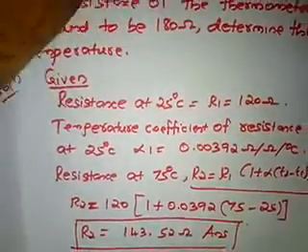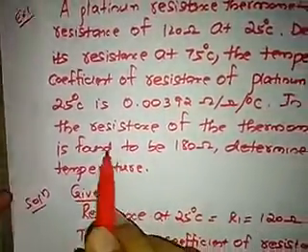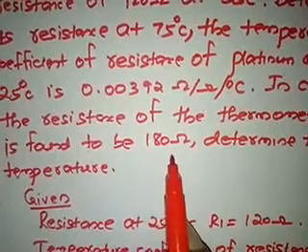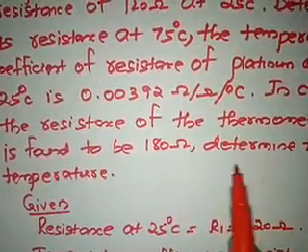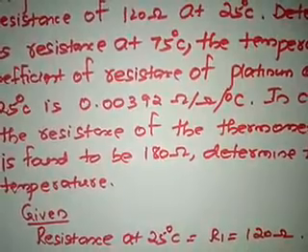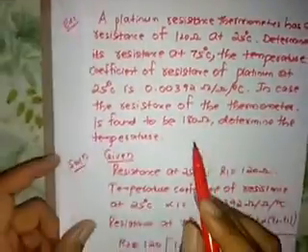Now coming to the second part of the problem. So what is being asked here in the second part of the problem? In case the resistance of the thermometer is found to be 180 ohms, they have given the resistance and they are asking the temperature. First part, temperature was given and resistance was asked. The second part, they have given